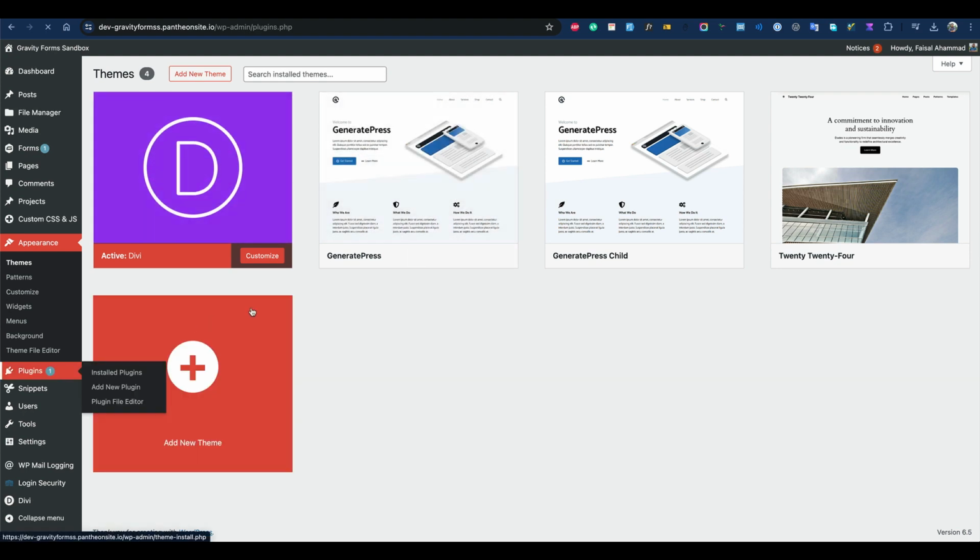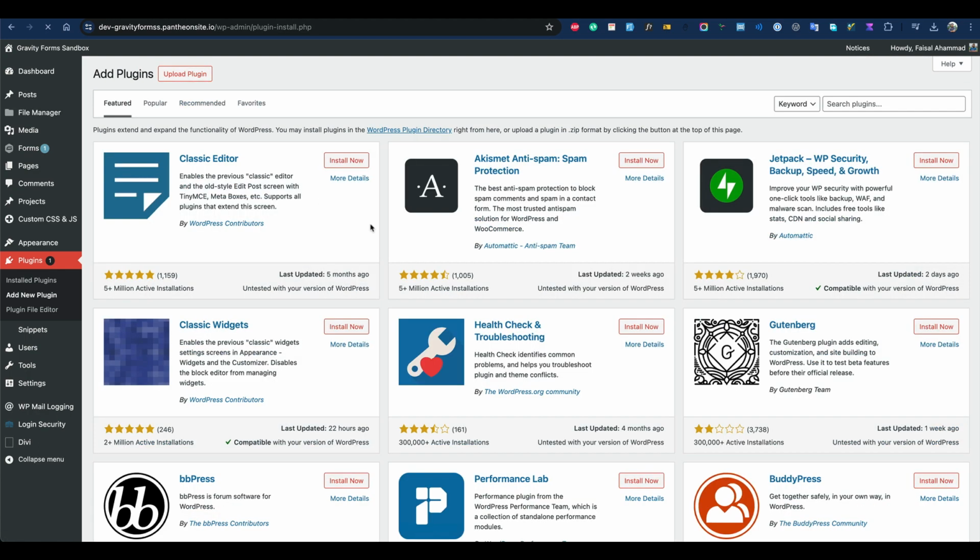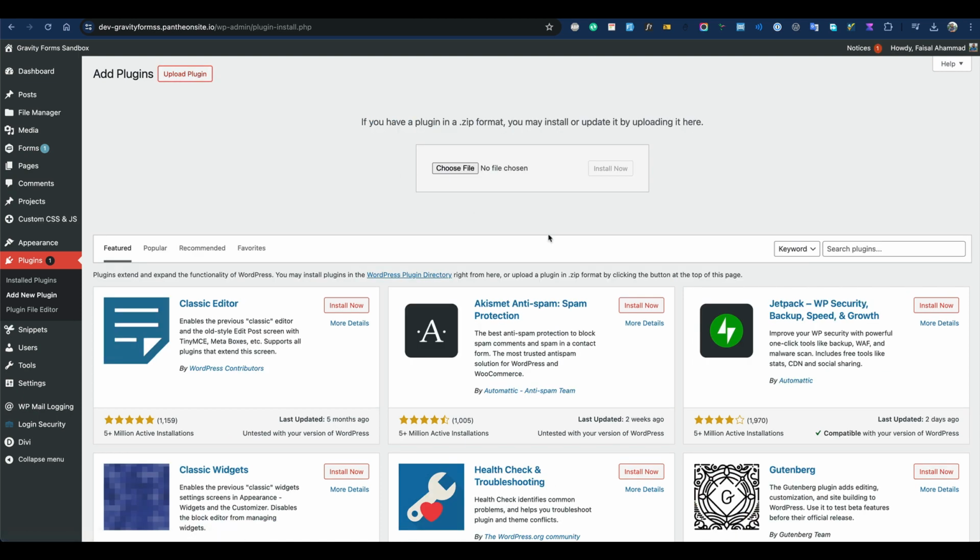And the same thing will happen when you would like to upload commercial plugins. In the same way, if a commercial plugin or free plugin is generating some error code and you are unable to access your dashboard, you could just add a dot before the plugin's folder name, so it will be hidden. Then you will get back access to your dashboard. Now you can come back and upload the latest version of the plugin, or if you would like to update your outdated version of the same plugin, you can just come back,